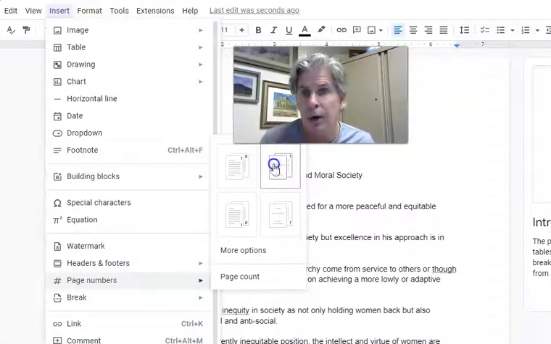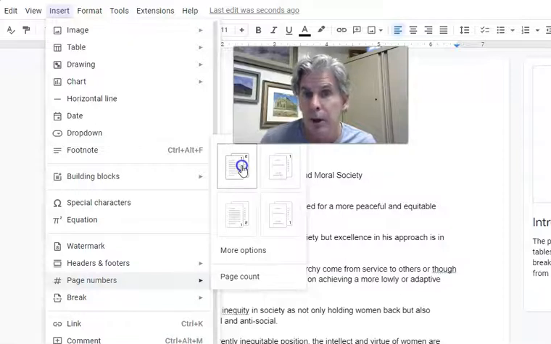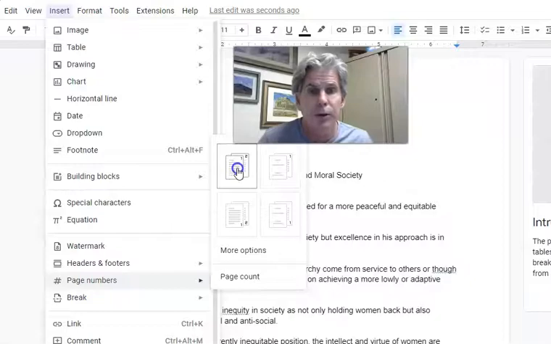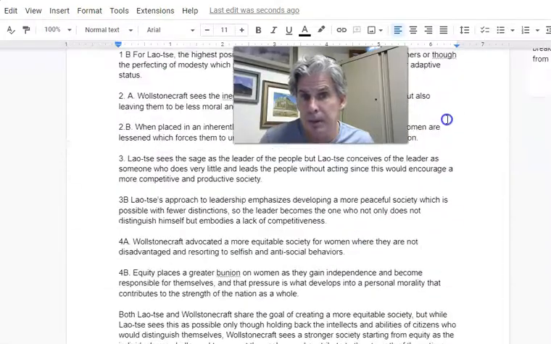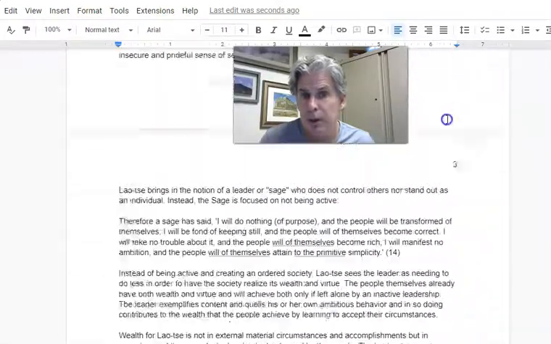Coming up, you don't have a cover page in MLA. Go here and choose this one. Upper right-hand corner is what you want to do. What this does is, and let me click on it, and it's magic. It puts the page numbers throughout. And so 2, 3, that's what it does.